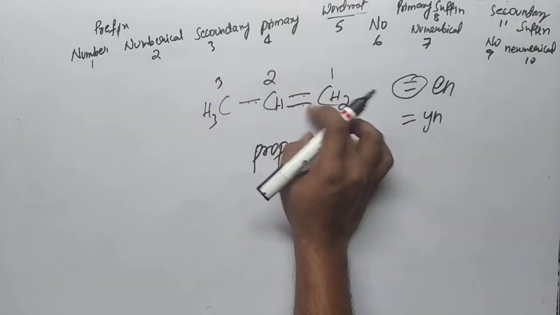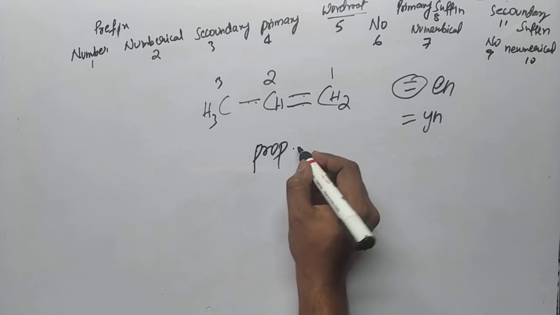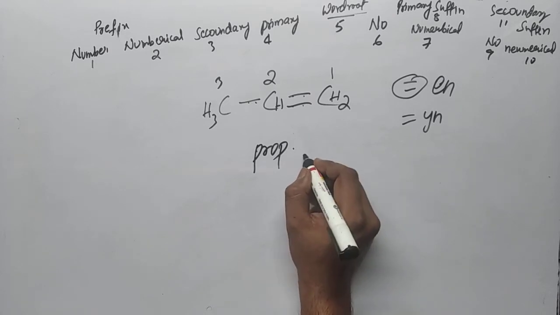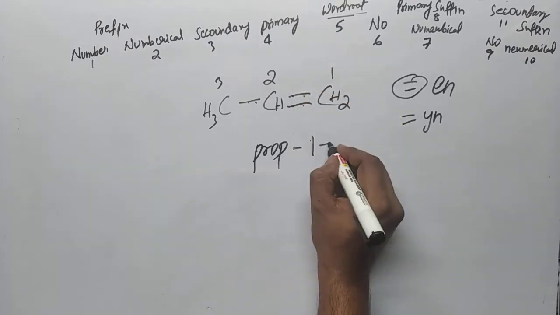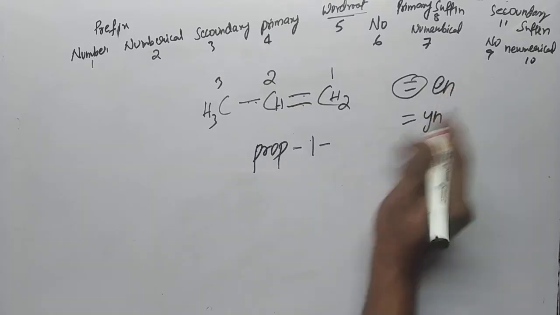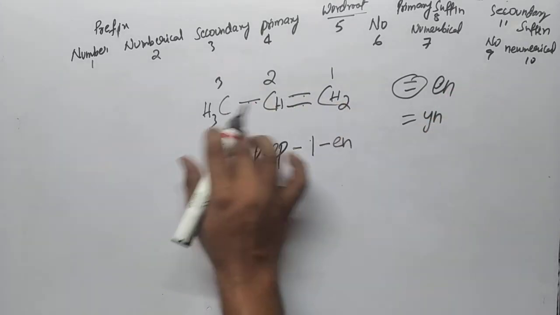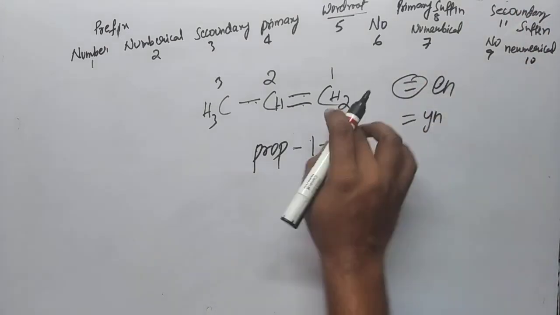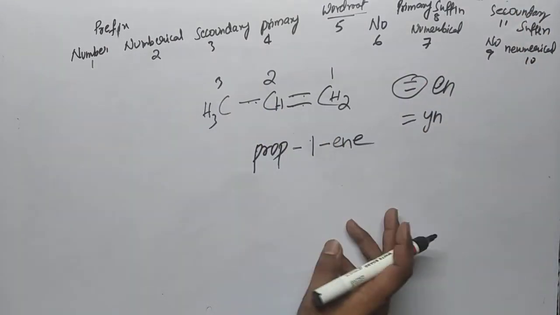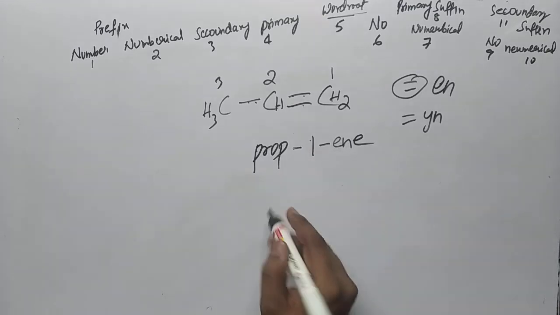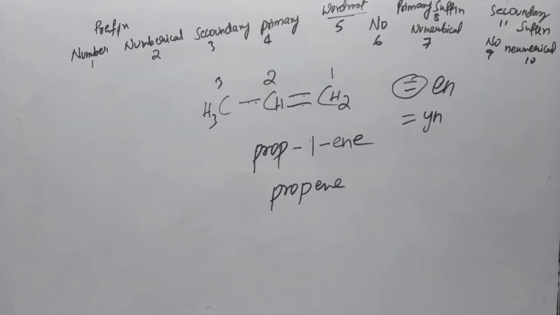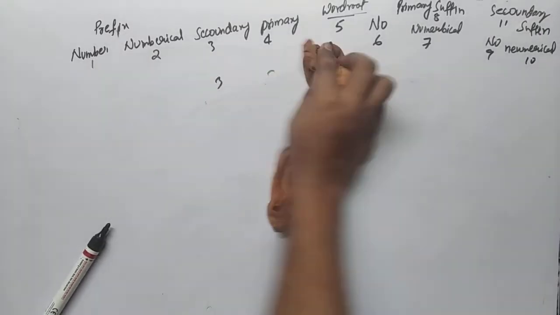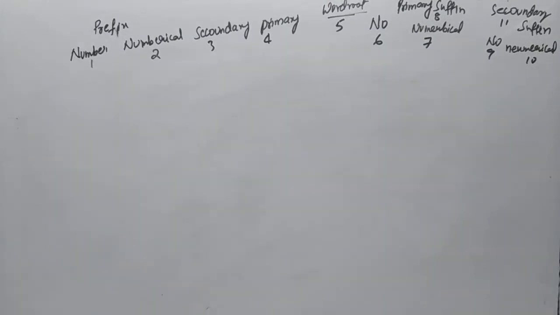After the first carbon we have the double bond, so here we write a hyphen. You can write it like hyphen 1. At the first carbon we have what? A double bond. The double bond is indicated with EN, and next we have the secondary suffix. In the secondary suffix all carbons have hydrogens, so E. Okay, so whether you write 1 here or not, it doesn't matter. You can also write it directly as propene. Now I will take an example with a triple bond.